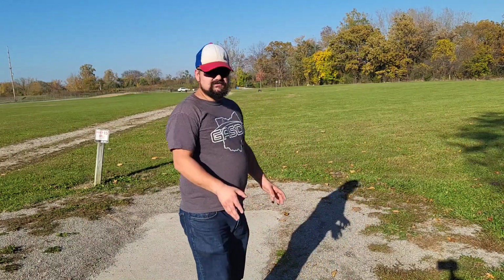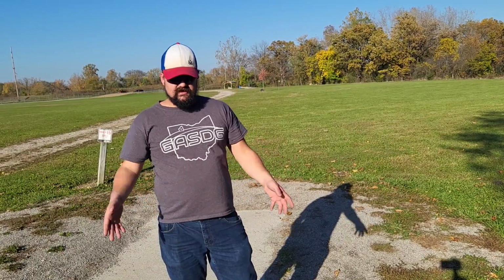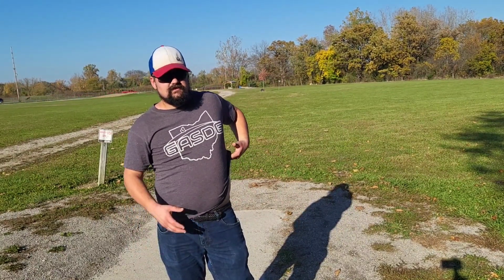That's pretty much where I want to be my first shot. It's the second shot because it's OB. It's almost like an island. So there's OB everywhere. So it's landing it inbounds for the birdie. It's par 4, but